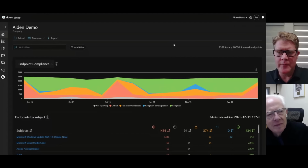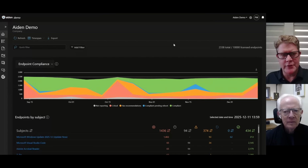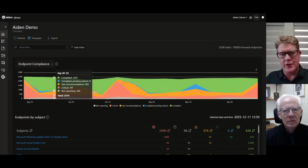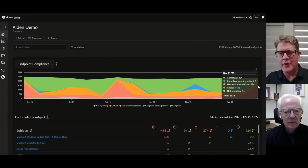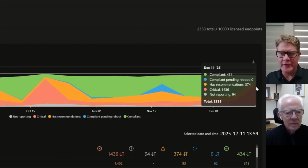No imaging. Paul, why don't we launch into a demonstration and you can show us how all of this works. Yeah, that'd be great. Okay, so there's various components to our solution, and what you're looking at right now is actually our reporting solution. And what you can see is the compliance over time of all of the endpoints in an organization. You can see I've got 430-ish that are completely compliant with the policy that a customer has provided to us. And then there's some other things that need to be remediated in order to bring them into